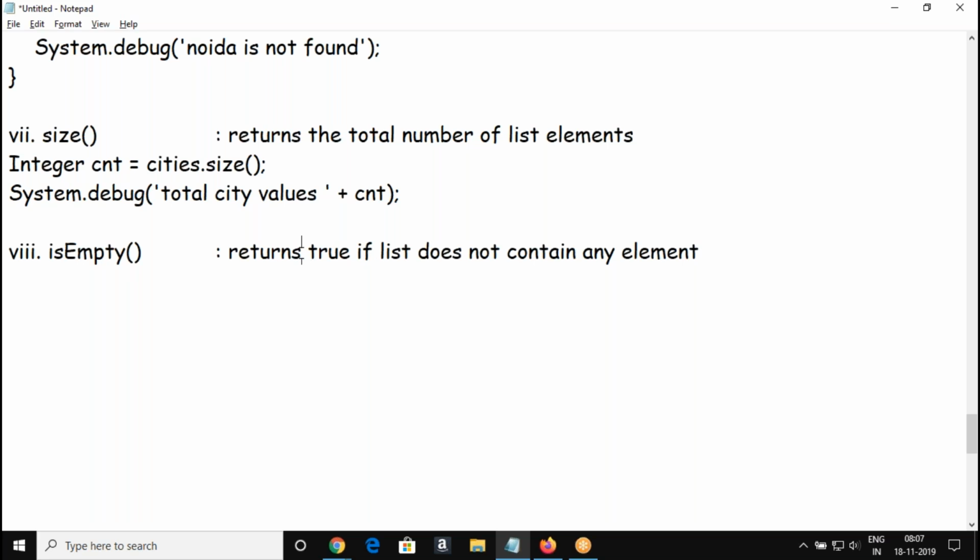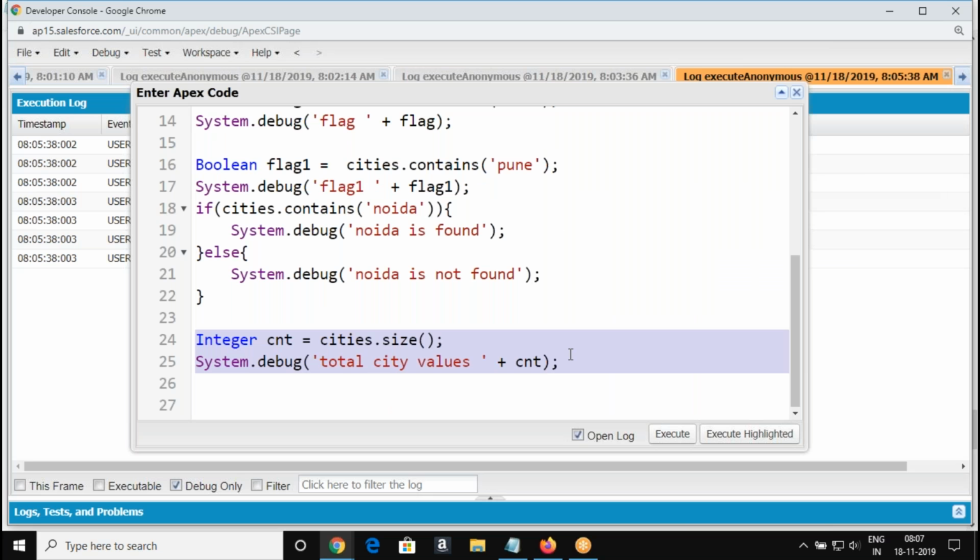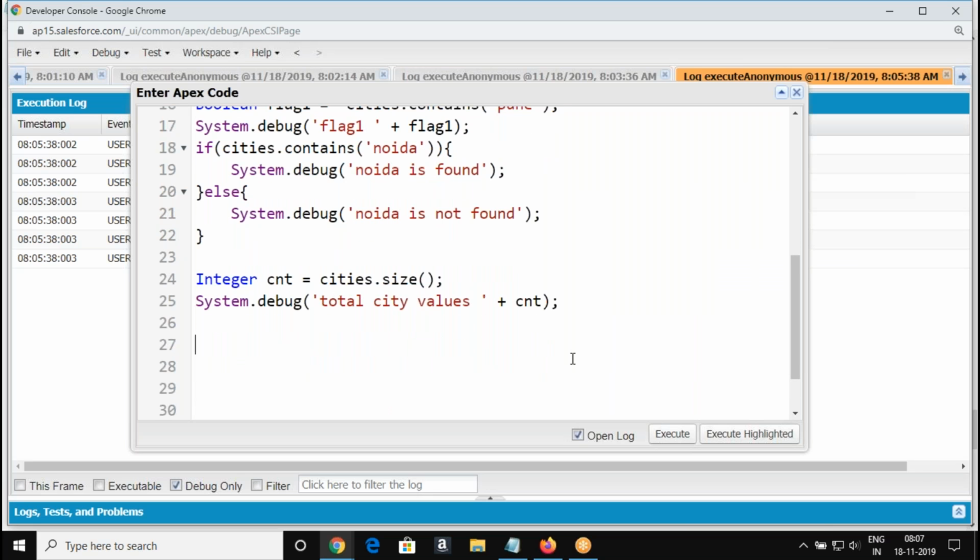It's going to return Boolean value true if the list is empty, which means it does not contain any element. Else it's going to return false. Got me? So what is going to be returned in our case? It's going to return a Boolean, cities dot isEmpty. That's it.